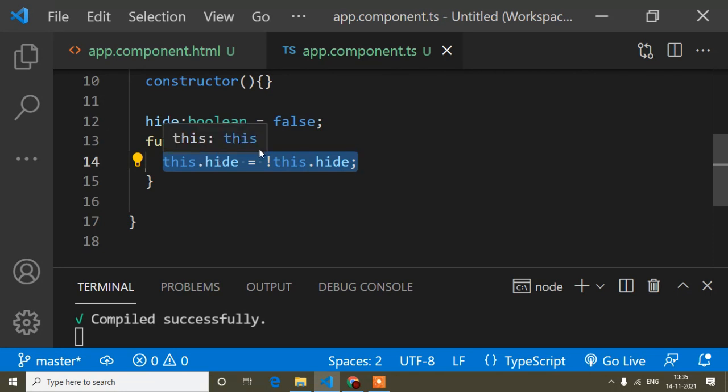I have shown two ways: the first one is simple custom JavaScript code. If you want to write simple JavaScript code, you can use that method, but in Angular you can do it this way, because here I have written just one line of code.